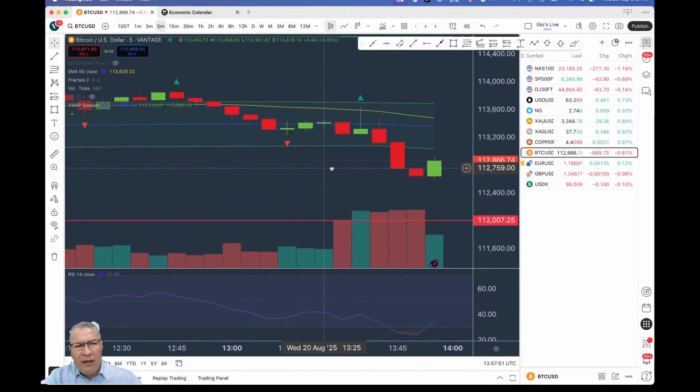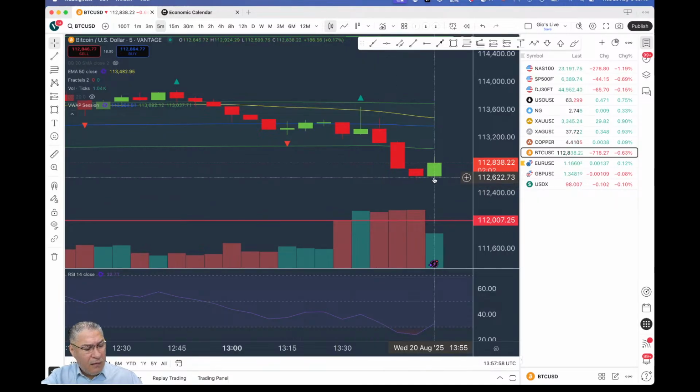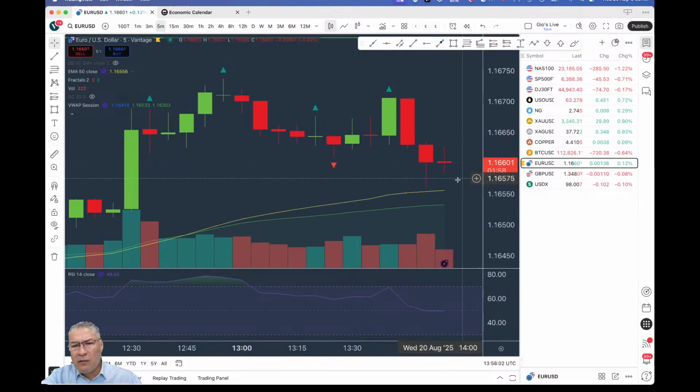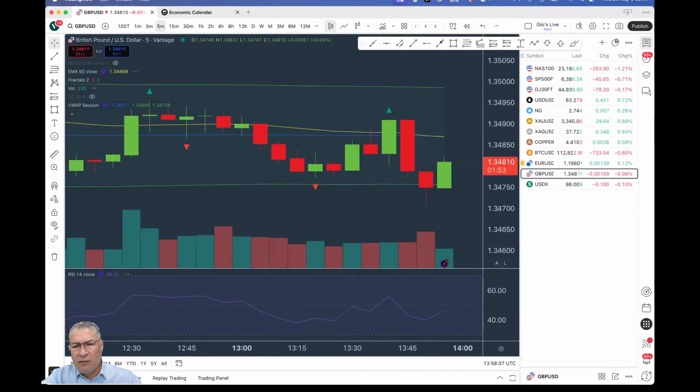Then we have Bitcoin. Has it found support here, so sustain it, as we'll see. Then we have the euro, the pound, climbing back up, target